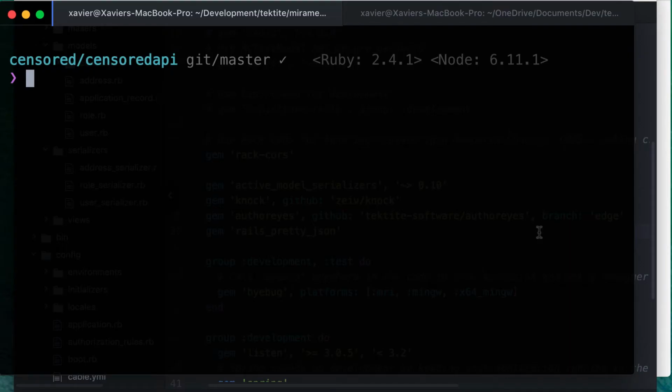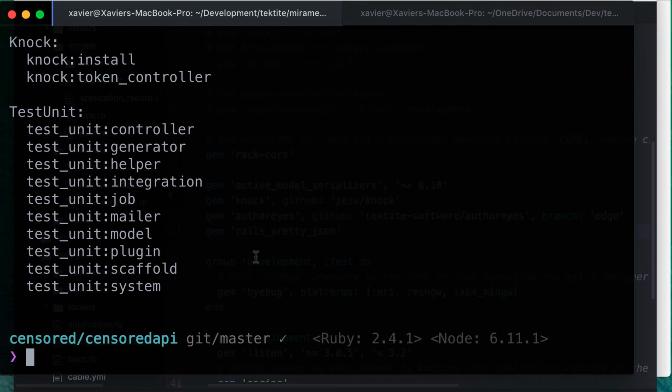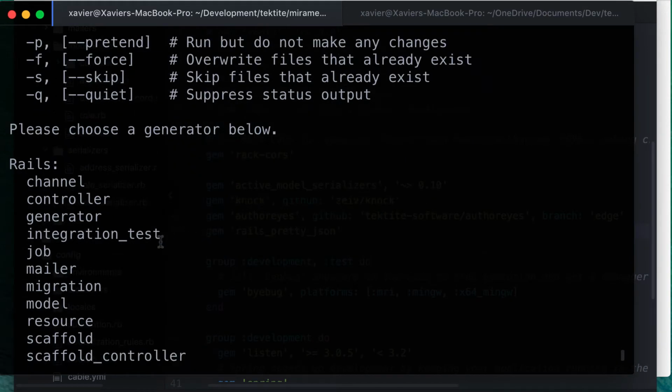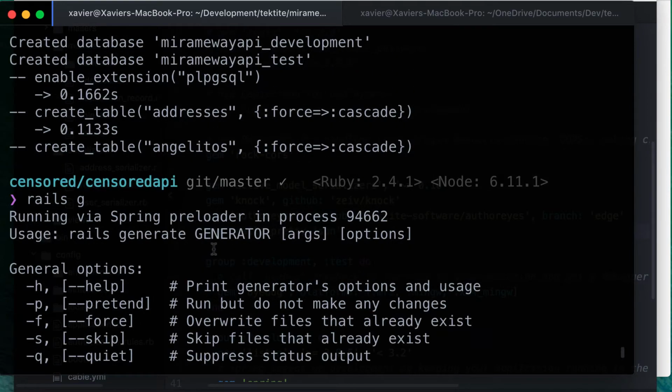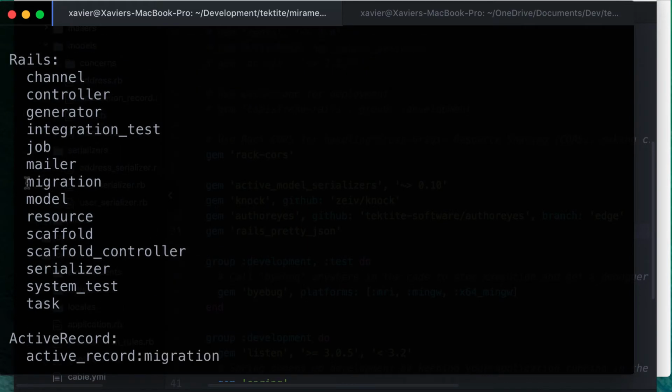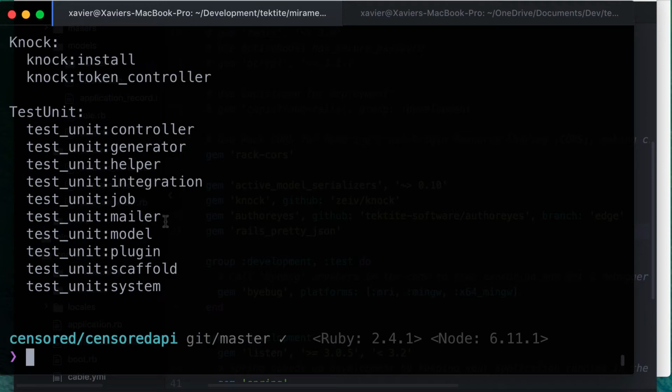So in this app, one of the things we'll be needing is a restaurant model. So let's go ahead and create that. Rails comes with a lot of great generators that you should be using. You shouldn't really ever have to create any files manually. You should always use the Rails generators wherever possible. Probably you'll be using the migration, resource, and scaffold generators most often. So let's go ahead and create our restaurant